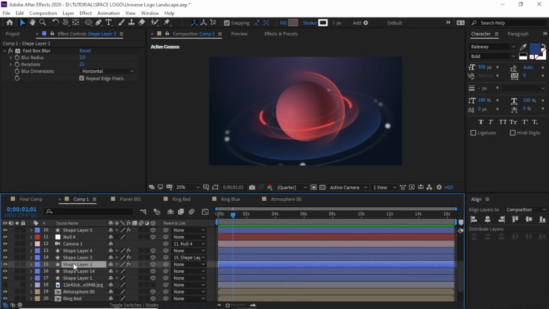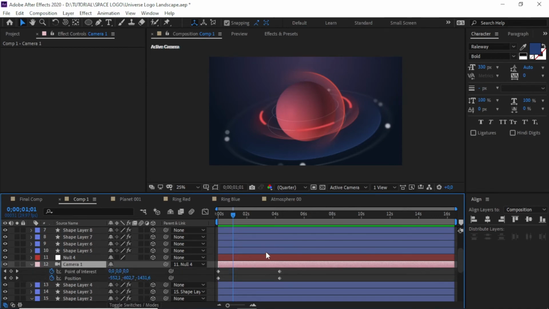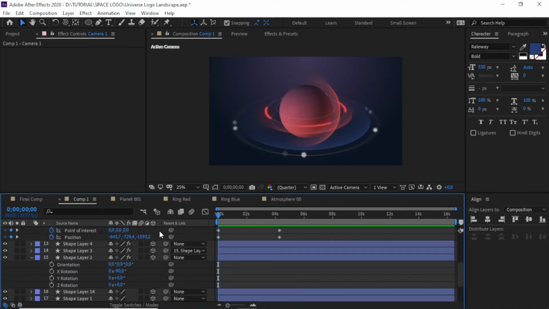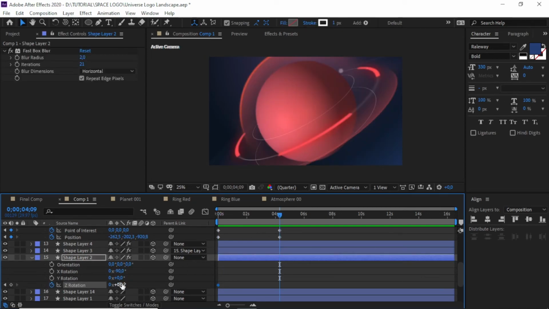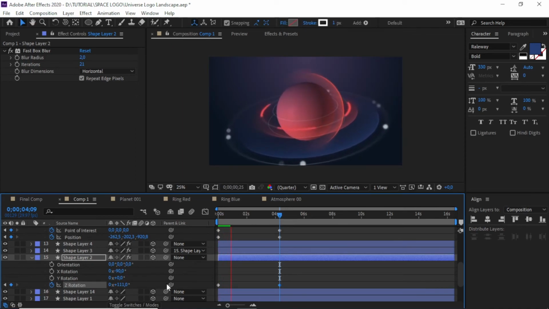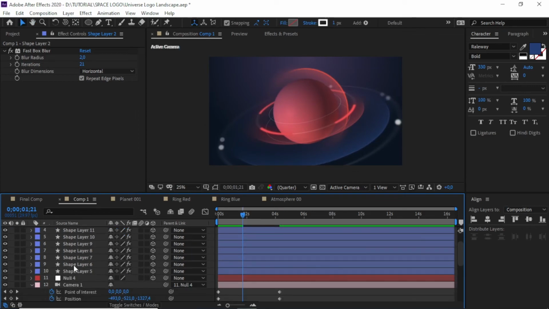So R, so we can add rotation on this part like this. And also the outer ring, is this the outer ring or not? I don't know.